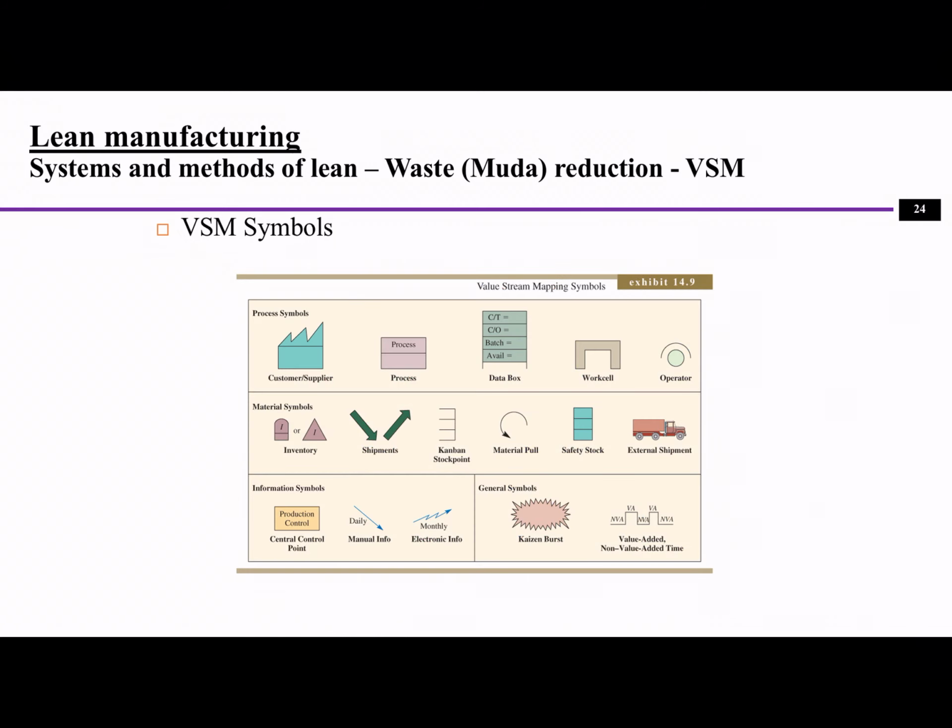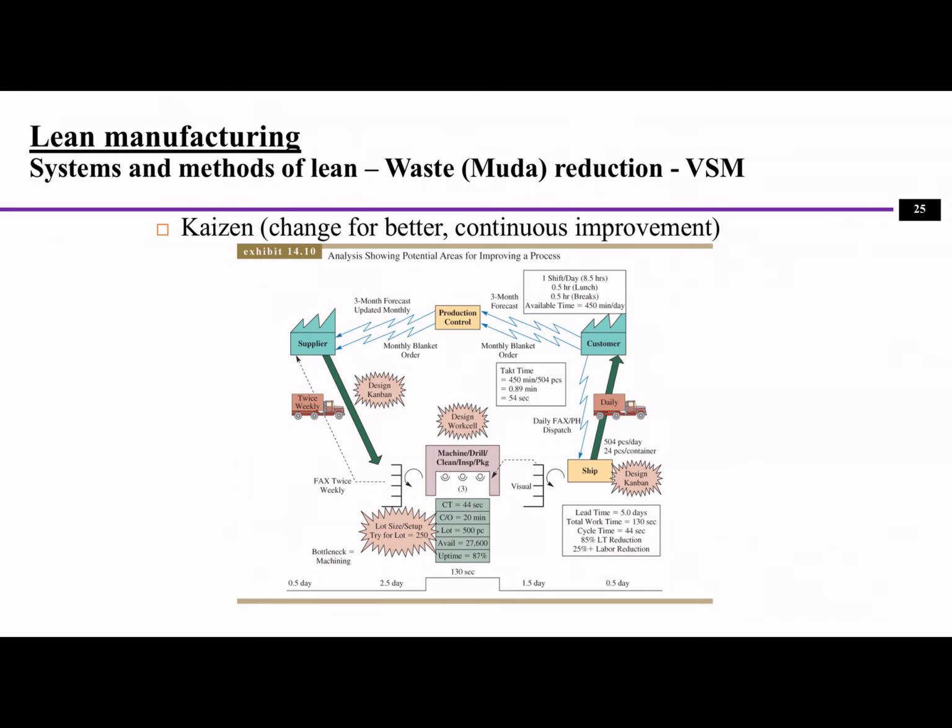And you can see all these symbols. Make sure you use those standardized symbols. For some of the tools, they probably have those symbols already embedded in the software, but sometimes they might not. For example, Visio or some other engineering drawing tools might have this for the VSM, but not all the software have that. And this is one example where you can see different label symbols and also information in it. Pay attention to these